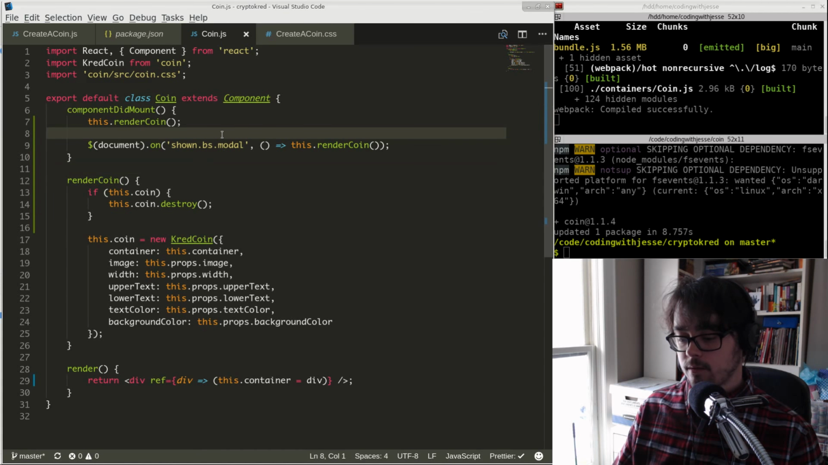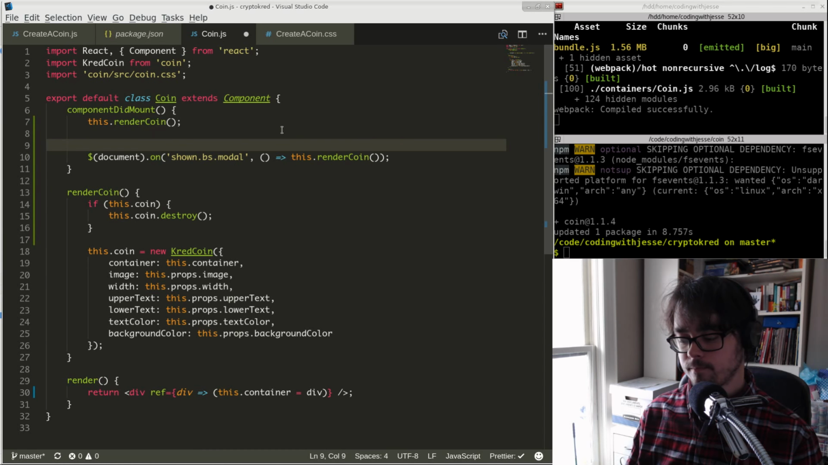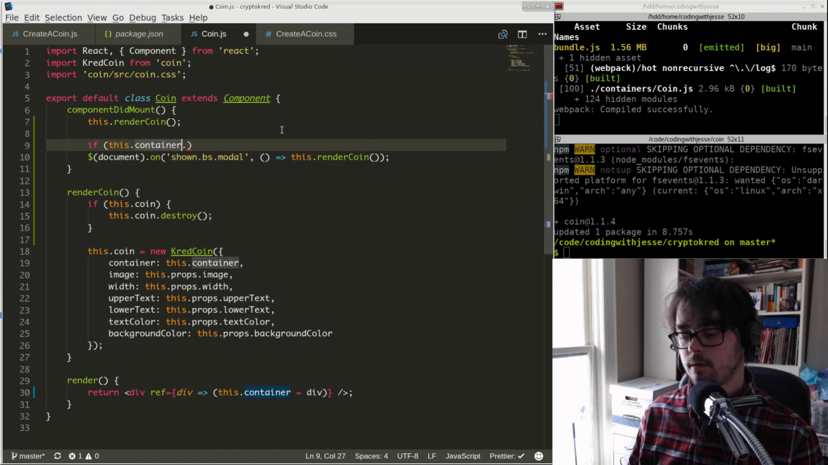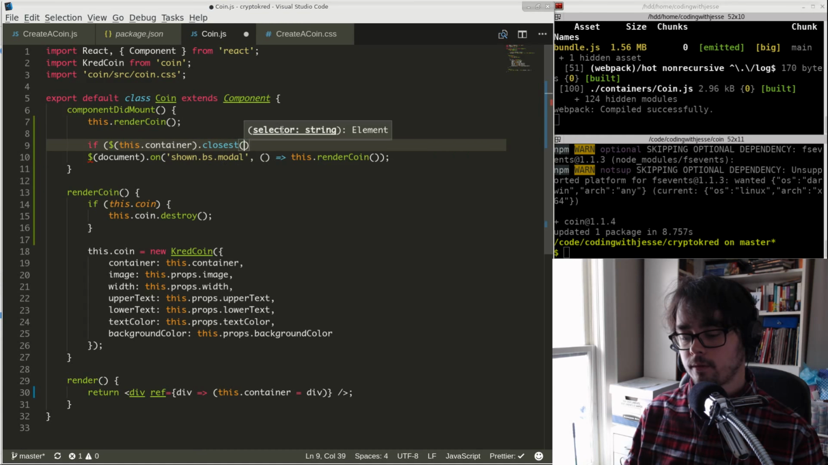That's probably overkill that it re-renders every coin when you open a modal. It would probably be better that I do, oh, am I inside a coin? So let's actually do that. If this.container, I want to say if it's a child of, let's use jQuery. I have jQuery anyway. Bootstrap requires it. If this.container.closest, if it's in a modal, right? So